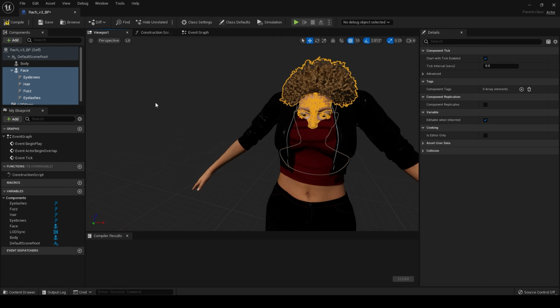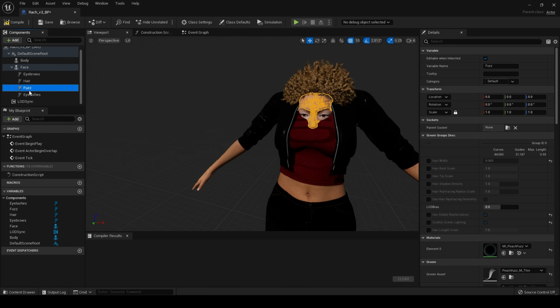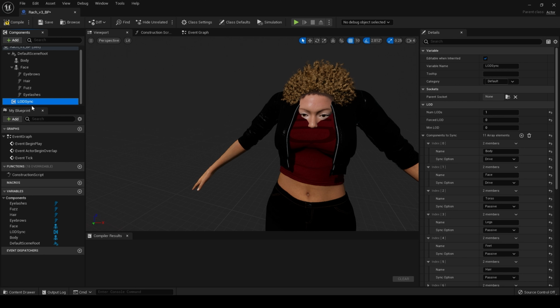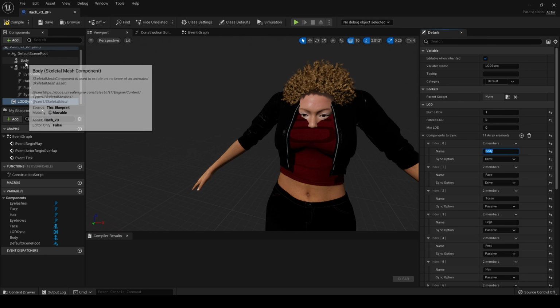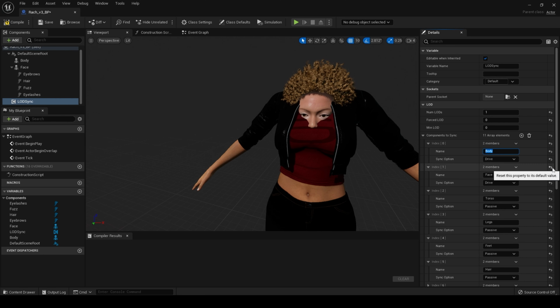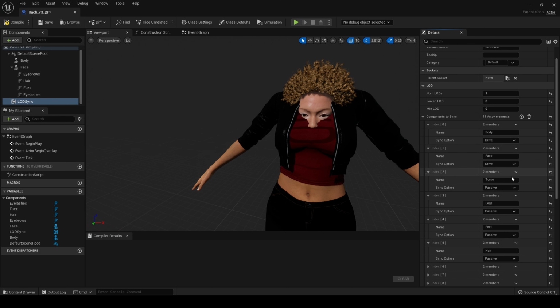We've imported our MetaHuman head, and it should have brought most of the settings across with it. We need to go to LodSync, and body is already set up, and we need to remove some of the things that we haven't got. So we haven't got a torso, so delete that. We haven't got legs, delete that. Feet, delete that.